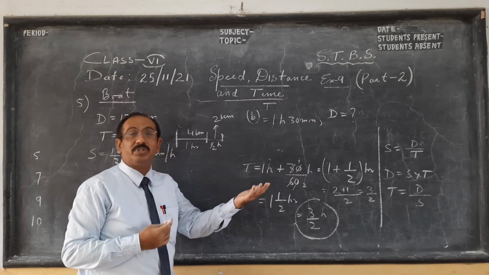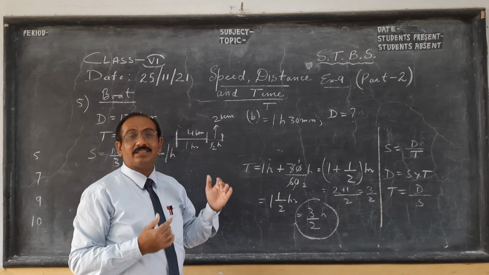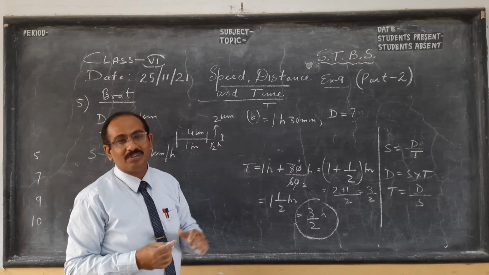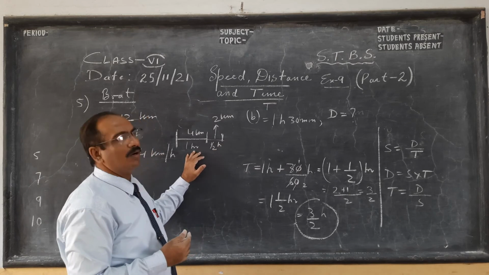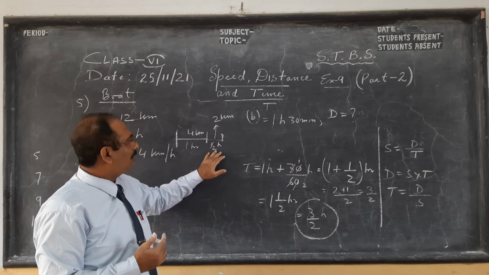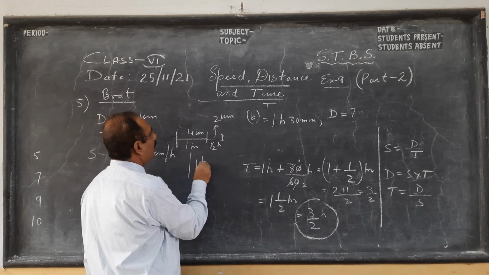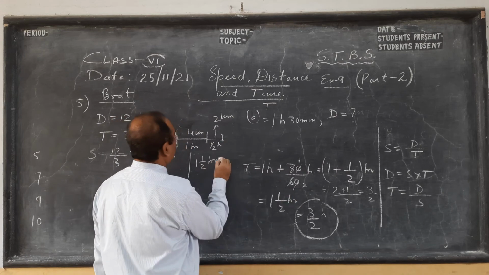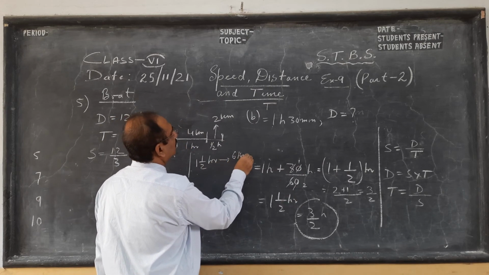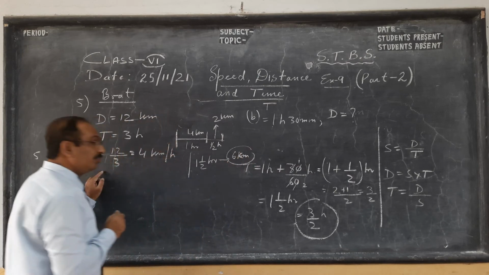Generally this is man's speed, 4 kilometer per hour. This we are talking about boat, but man's average speed when you walk on the ground or on the road, it's 4 kilometer per hour. So I walk 4 kilometer in 1 hour, so another half hour I'll walk 2 kilometers. So finally what is my answer logically? In 1.5 hour I walk 6 kilometer, 4 plus 2. But here how will you do, children?